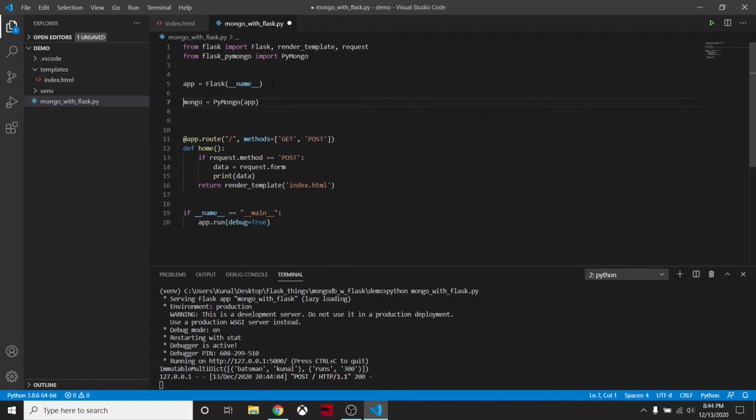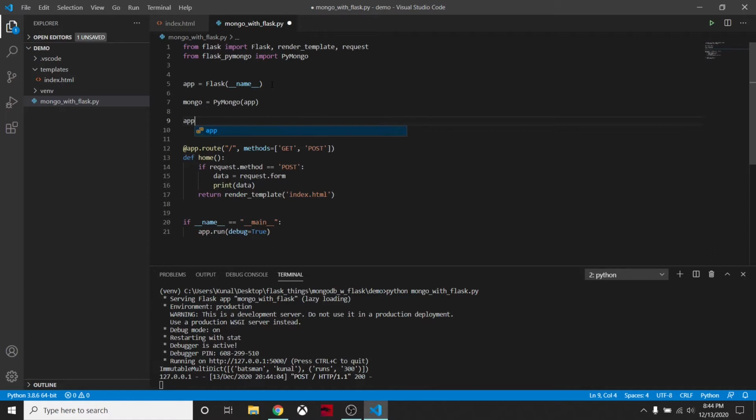And then one more thing we have to do is set a configuration. We say app.config, and in all caps, MONGO_URI.